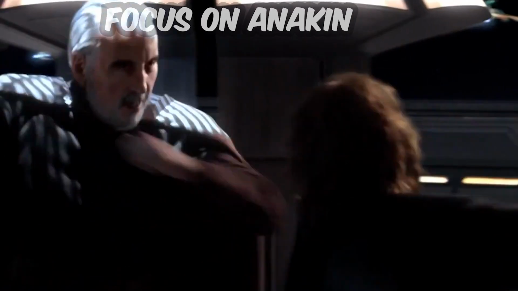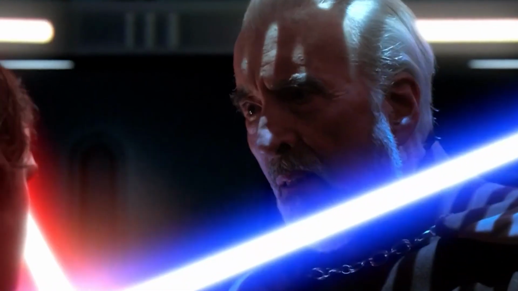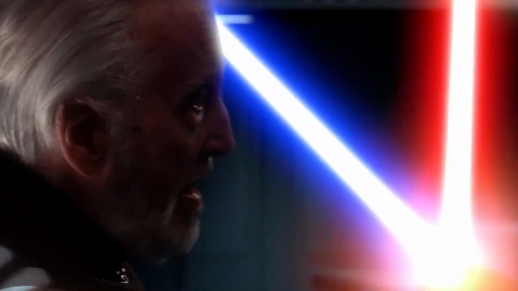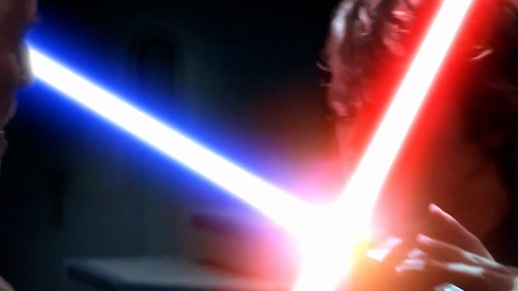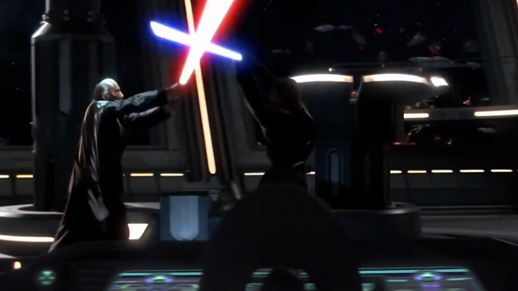Form 5, also known as Gemso and Shien, was used by users of Form 3 who needed more offensive capabilities. The Gem variant is based on blocks and parries, then quickly countering with strong attacks, and made for lightsaber-on-lightsaber combat. Anakin was probably the most famous user of Gem. The Shien style was also based on Form 3, but as well as just deflecting blaster bullets, it would parry